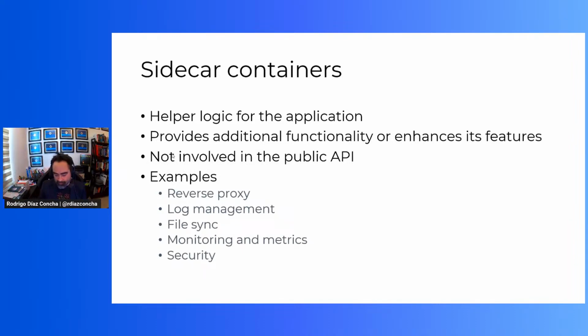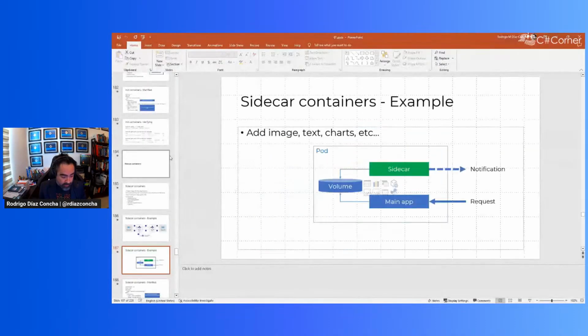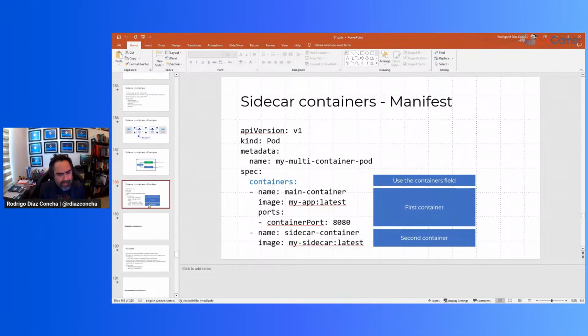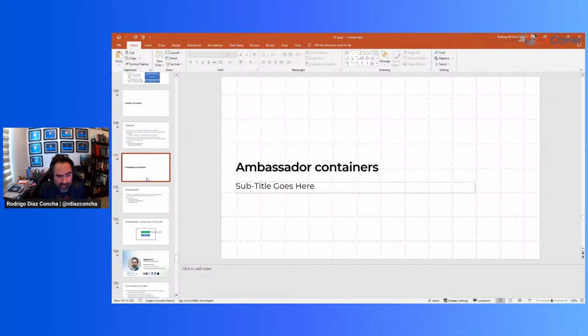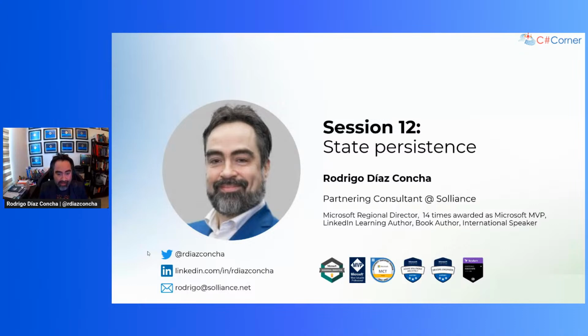Dapr is this component that you download and you run Dapr as a sidecar container alongside your application, okay? And I actually showed you the code of how we can create those kind of manifests for sidecar containers. We talked about adapter containers and ambassador containers as well. And that's that. Today, we're going to talk about the state persistence